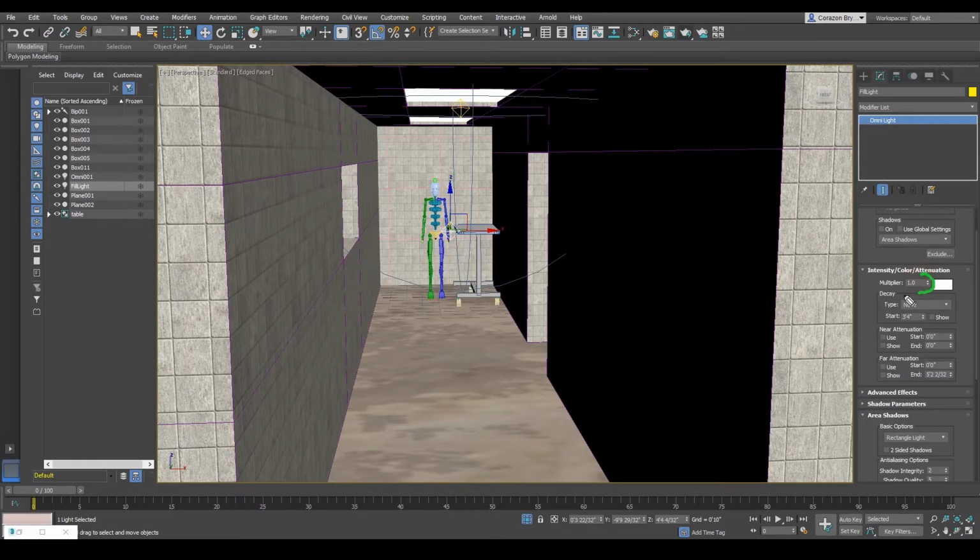For the multiplier, we're gonna set it down to a lower value. What is the multiplier? The multiplier is how intense the light is. The intensity of the light is the multiplier. So we're gonna bring this down to a very low value. The reason why we are bringing it down to a very low value is because we want the main light, which is going to be the first light that we created underneath our light fixture,